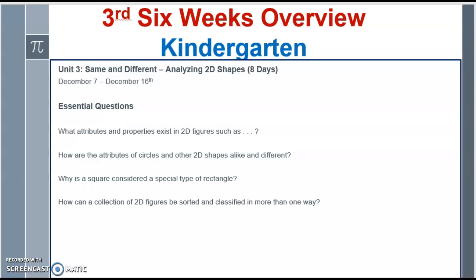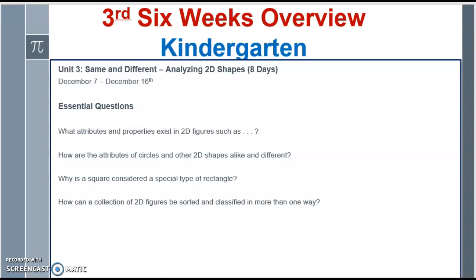And remember, when we're talking about squares, all squares are rectangles, but not all rectangles are squares. So we need to make sure we differentiate and explicitly teach squares as special rectangles. How are attributes of circles and other 2D shapes alike and different? That's imperative when we start getting into 2D shapes and what is a